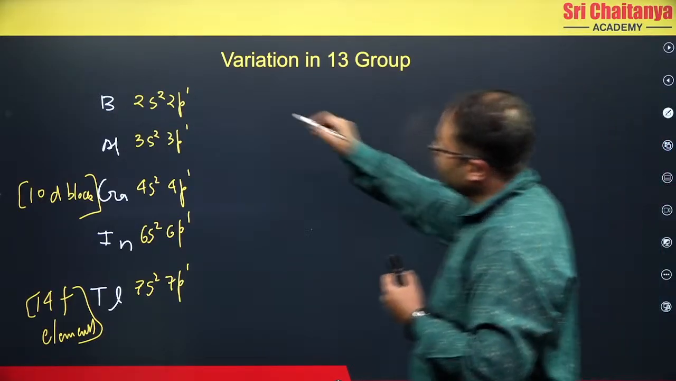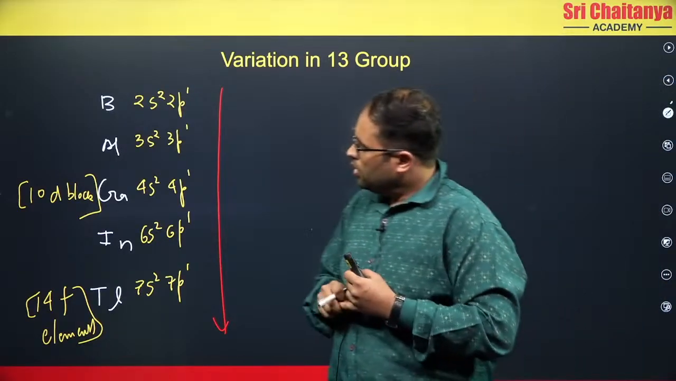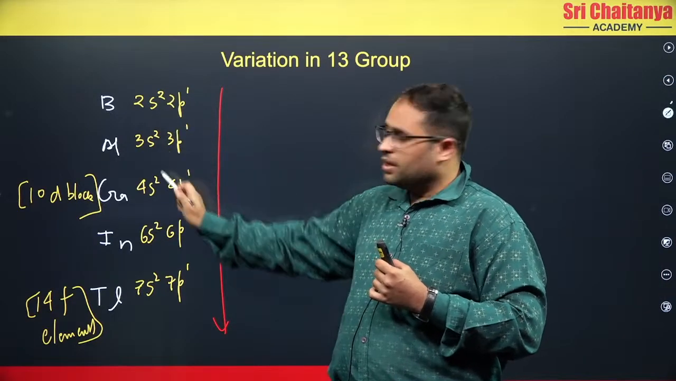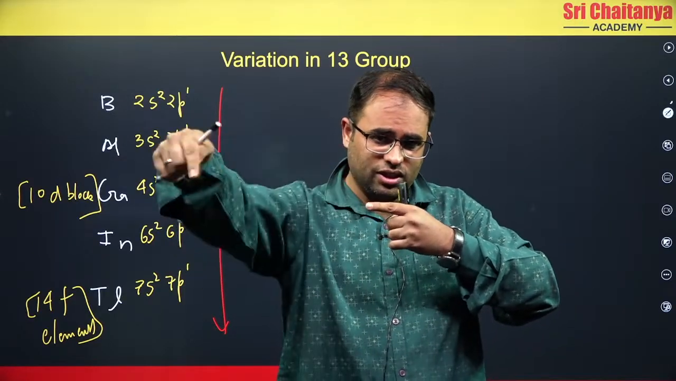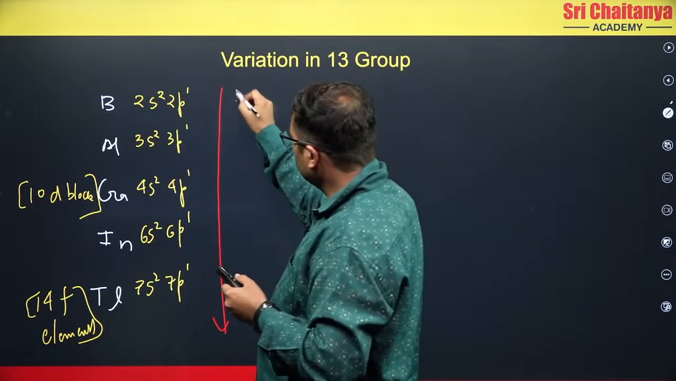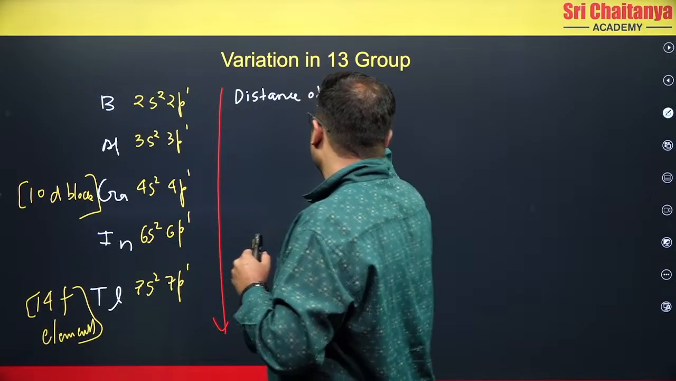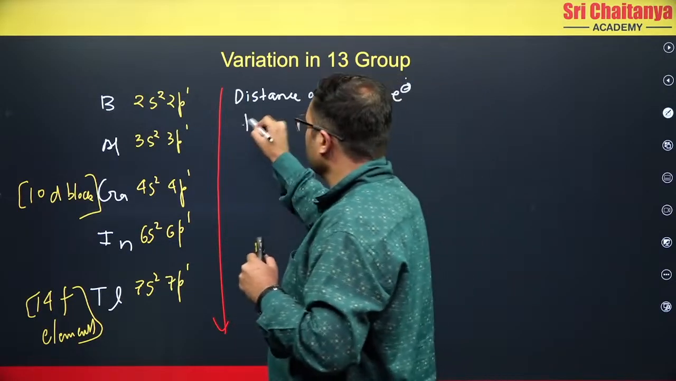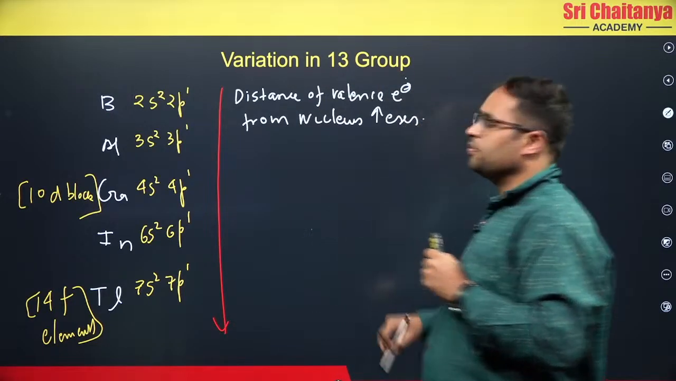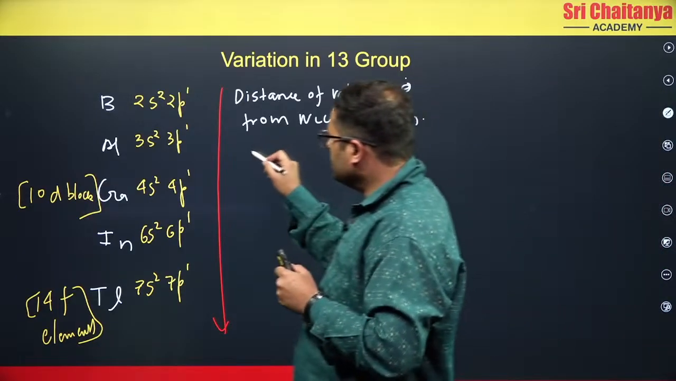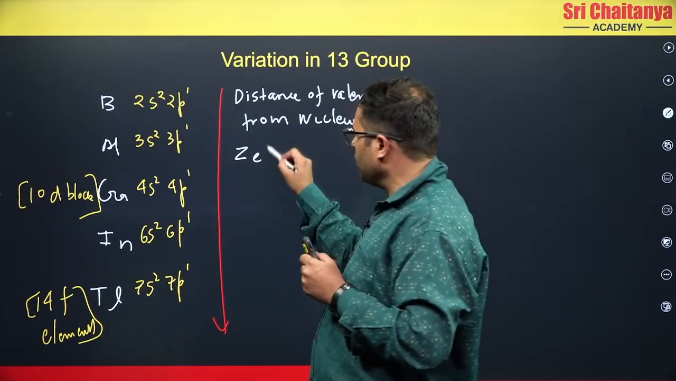Now let us do what we want to do. As we are going down the group, what all things you will notice. Now you can see that this n number is changing, and as this n number changes, the distance from the nucleus changes. As the distance increases, so going down the group, I can say that distance of valence electron from nucleus increases, correct. Now what else? The atomic number is also increasing, right? As you go down, the Z effective also increases,